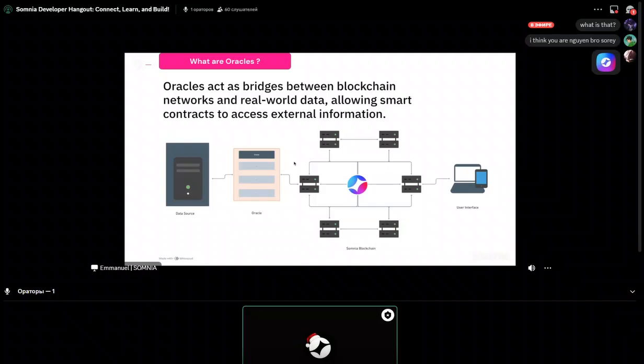Typically, that would mean that once you have deployed an immutable contract, you are not able to change its logic. Take, for instance, if you just deployed one contract and you set the price of BTC against USDT on that contract at a certain given time. That contract will never change. The price would always remain the same. But oracles exist for us to be able to integrate with Oracle technology, which is still made available